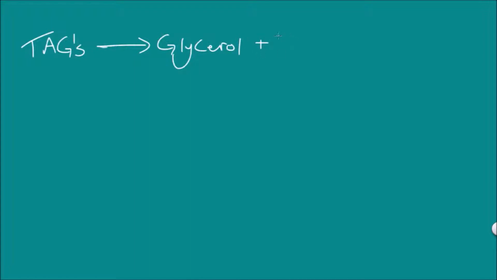I'm not going to be going into that in this video because this is a video on beta oxidation, not on the release of fatty acids. So we're just going to be assuming we already have the fatty acids. But to really dumb down what beta oxidation is, once we've got our fatty acids, they will be transported into the mitochondria of a cell where beta oxidation will take place, where they will be converted to produce acetyl coenzyme